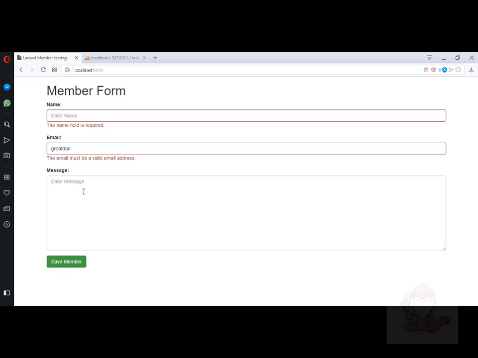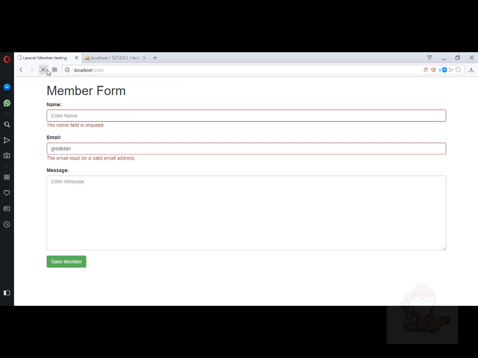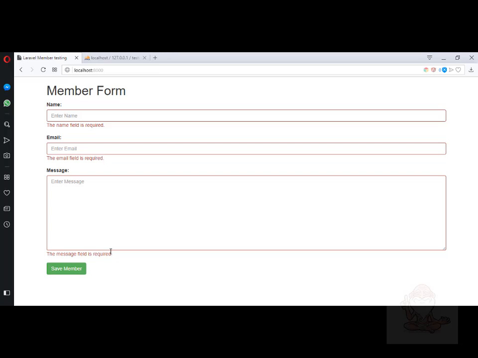You see, the validation for message is gone because we commented that out. I put it back, save it, and refresh. You can see when I submit, it comes in again, right? So validation is active now.